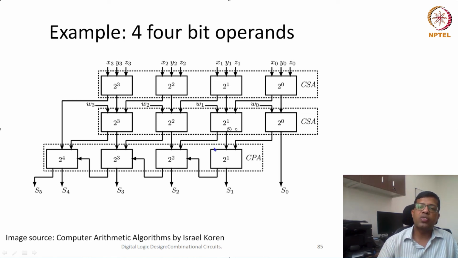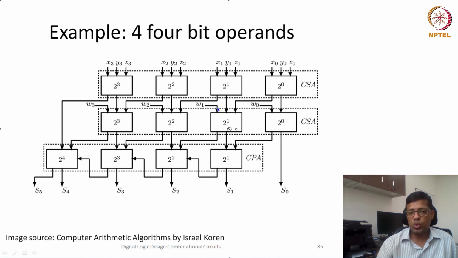So in the next level of carry save adder, whatever is the output of this 2's power 0 place, we can add it here. Now W0 was pending, so this W0 also we can add in the next stage. Here the second output, that means the carry output, belongs to 2's power 1 place, so we can add it in a adder which takes 2's power 1 place as an input. The sum part of this particular adder is also of 2's power 1 place.